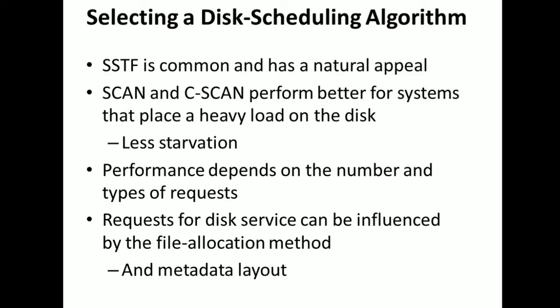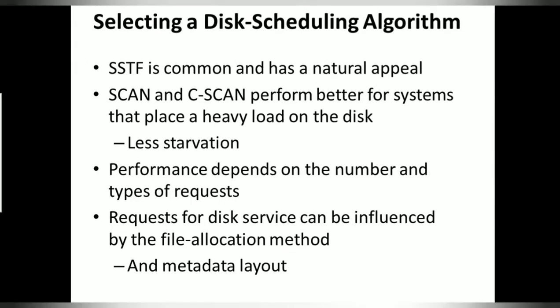Talking about the SCAN and C-SCAN algorithms, these are better suited when there are a lot of disk operations, when there are a lot of read and write accesses happening. SCAN and C-SCAN also have less starvation